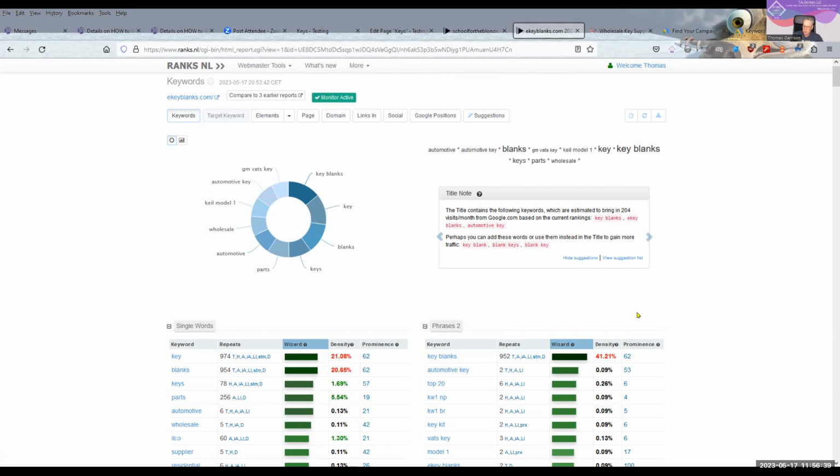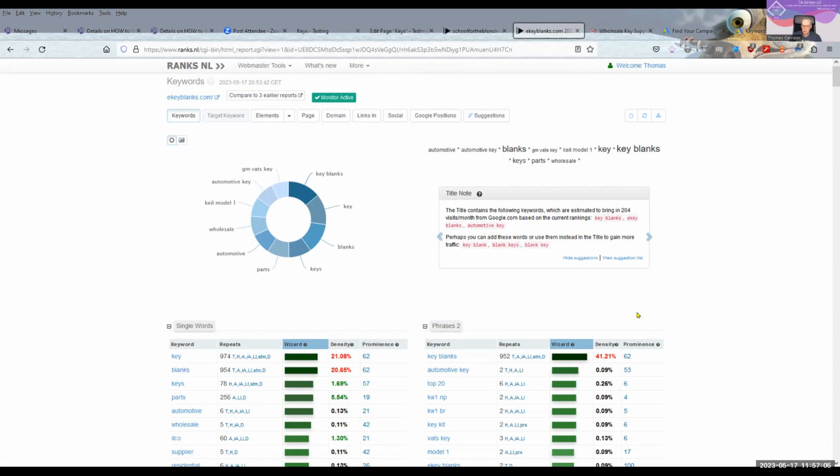The higher prominence you have, the more the search engines pay attention. If you put it at the end of your sentences or at the end of the page, you're telling the search engines it's not really an important keyword term, and that's the opposite of what you're trying to tell them. So be careful with that.